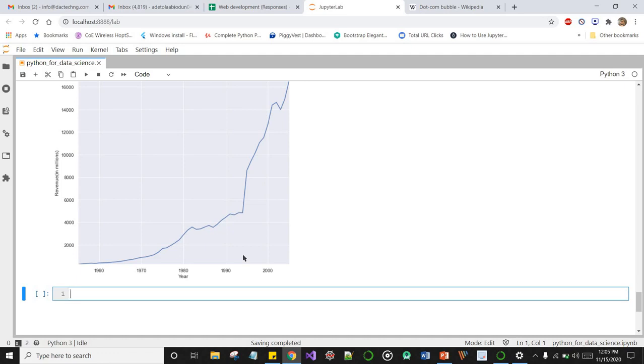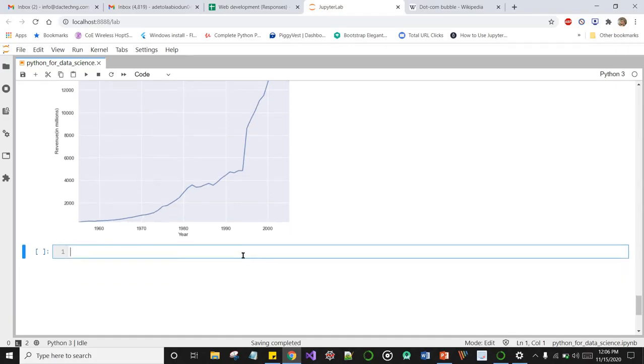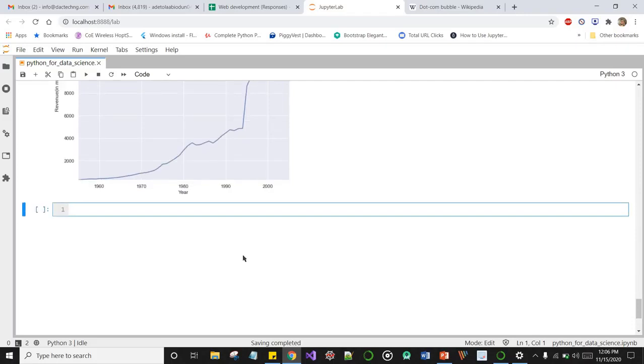Okay, so we still want to ask ourselves some basic questions as regards this particular data set. Like I said earlier, data science is subjective. What I mean by subjective is it depends on what you want to bring out of the data.